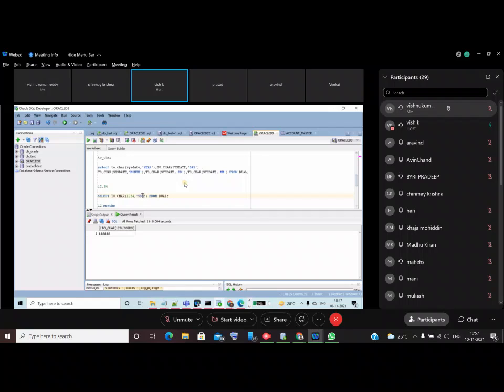And next is the group separator, G. G means group separator. Sometimes you want a value like 124 with grouping, like this, that you want to store. You can use the group separator G.